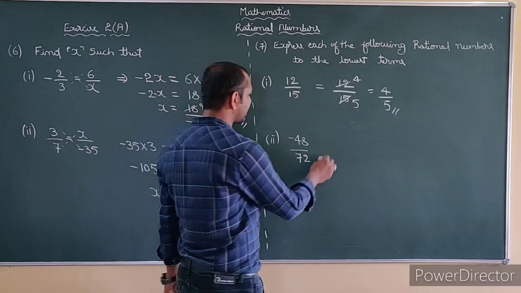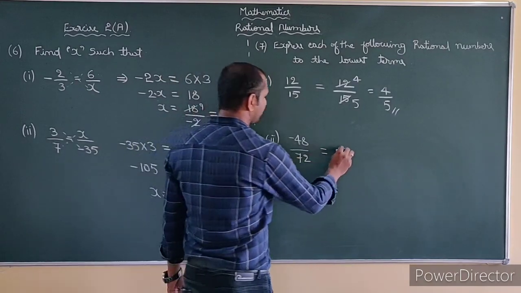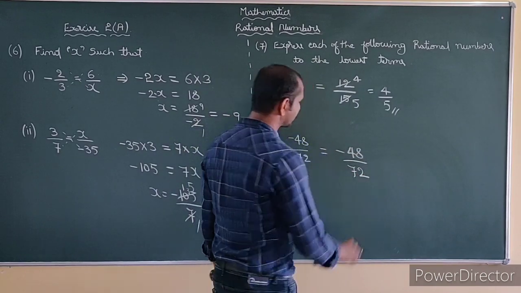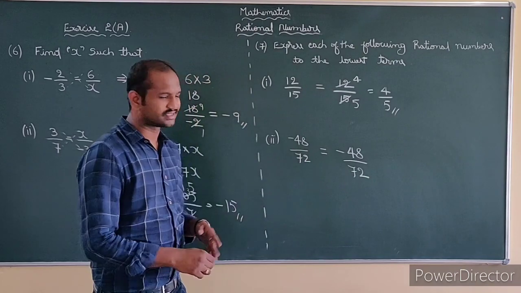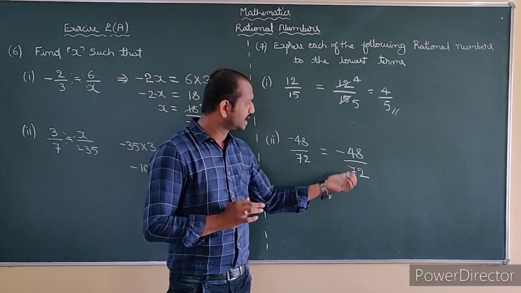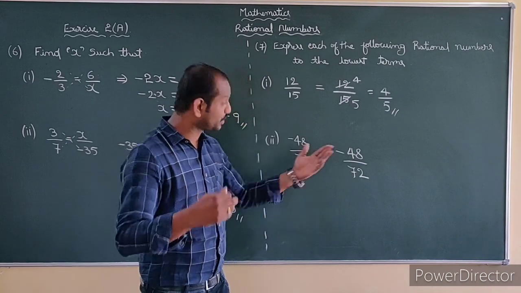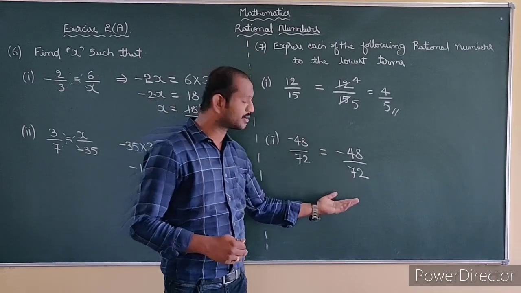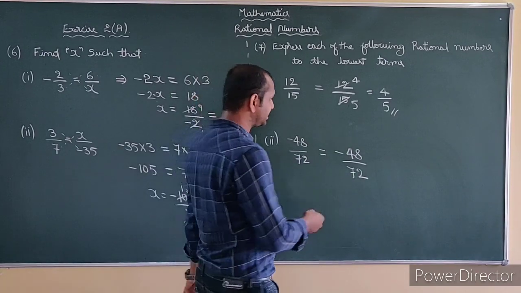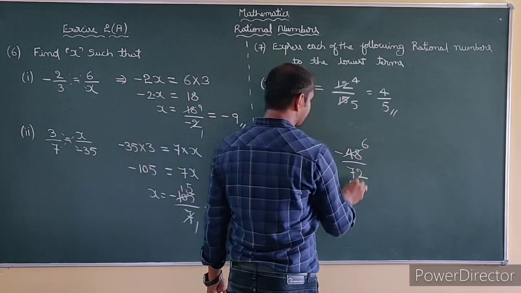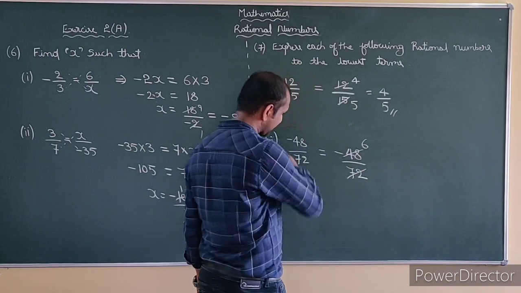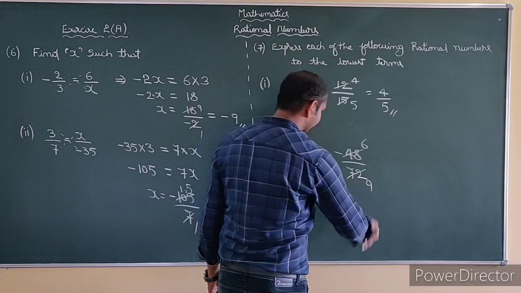Next we have minus 48 by 72. Directly we can do it, yes, if you know tables, you can do it very directly. In the 8 table easily it goes. In the 2 table also you can do, in the 4 table also you can do. You will do it directly in 8. So 8 6s are 48. 8 9s are 72, right? How much? Yes, 8 9s are 72.